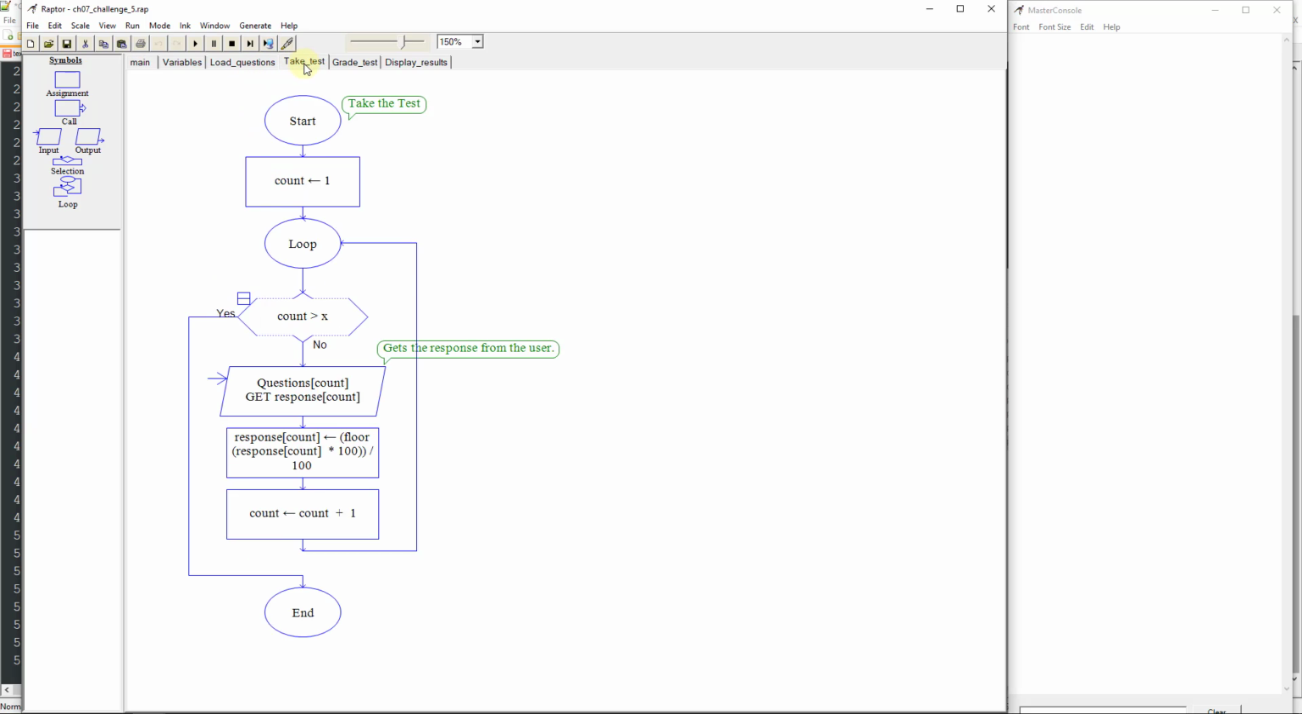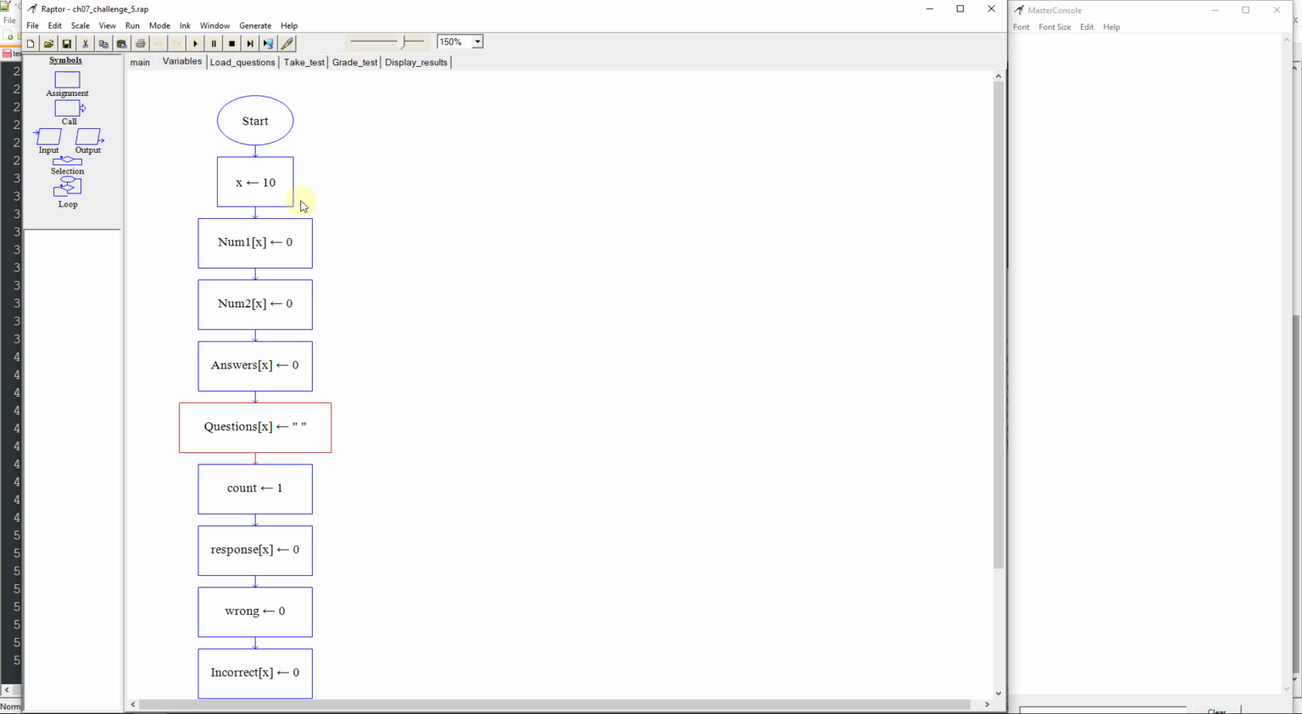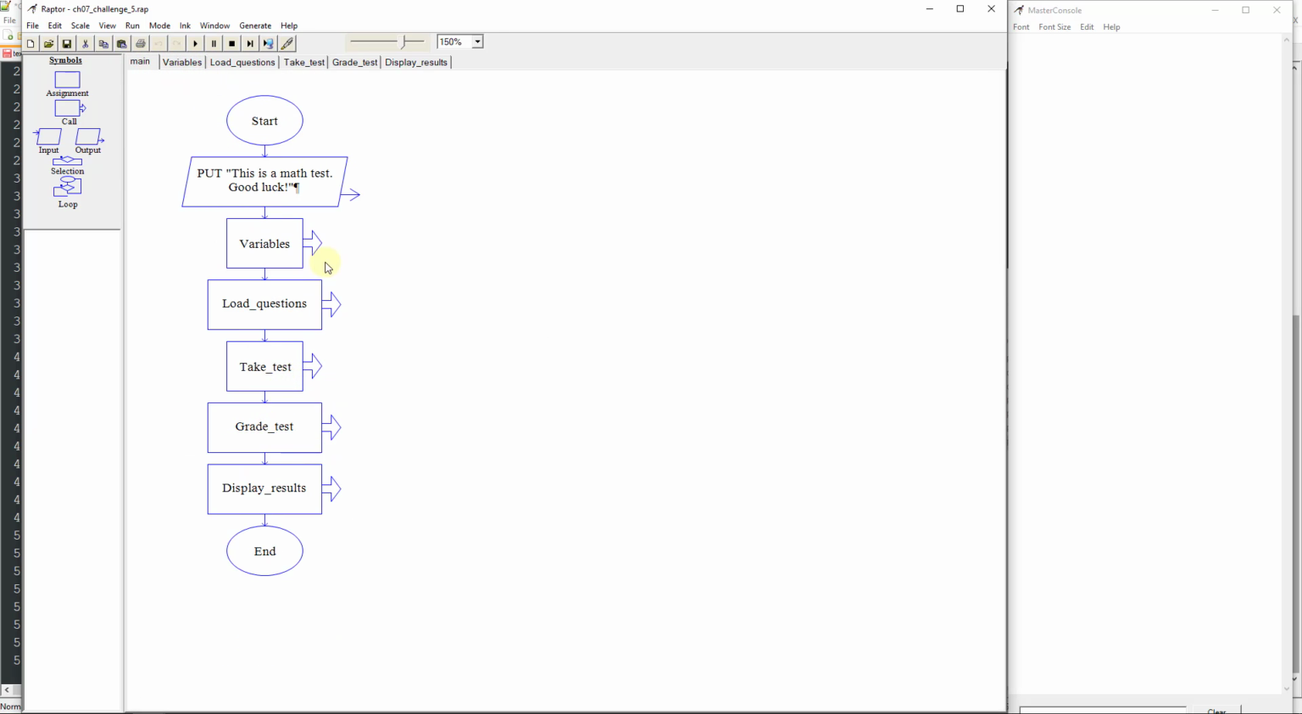So now it's going to come over to this subchart and tell the user, hey, we're going to take our test. And it's going to start outputting whatever's in the array and get the response. It gets a response from the user. And then it's going to say question 1, question 2, question 3, question 4. It's going to record those until our count gets up to 10 or X. See, X is 10. And then it's going to kick back out, and then we're just going to grade the